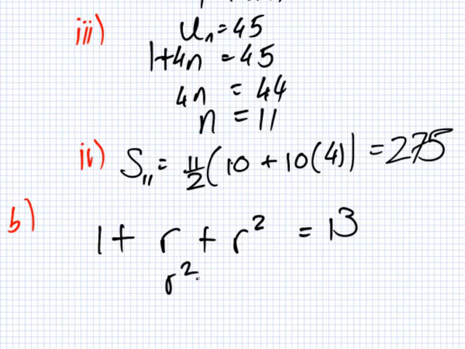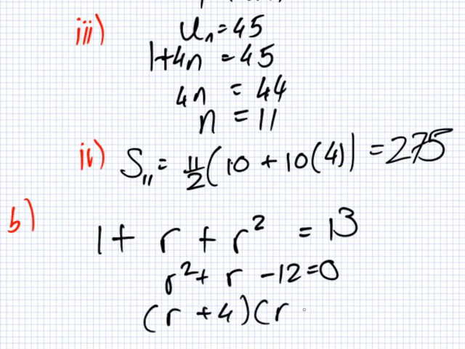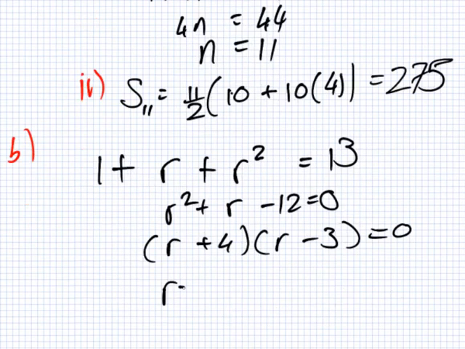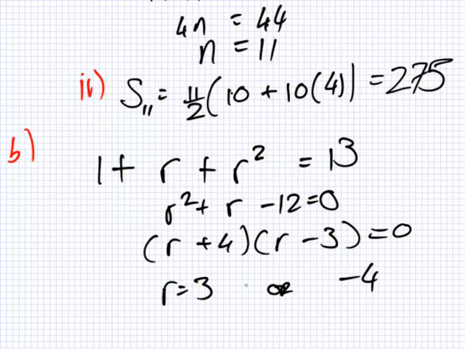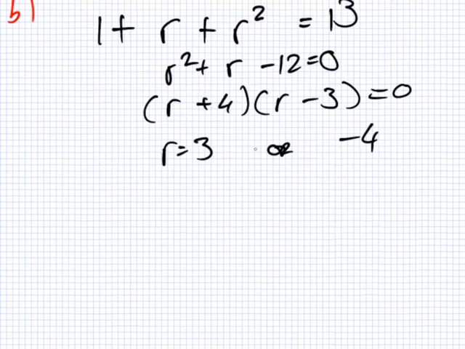So r squared plus r minus 12 equals 0. So you have (r plus 4) and (r minus 3) equals 0. So r equals 3, or r equals minus 4. Now, possible values of r. So there's 2 answers here. Okay, and part C,